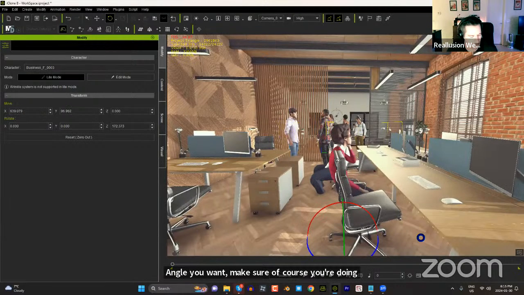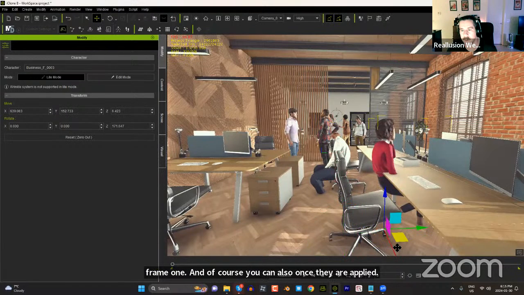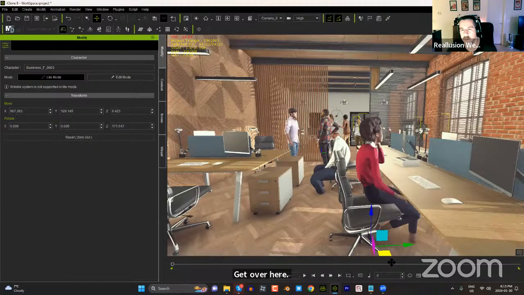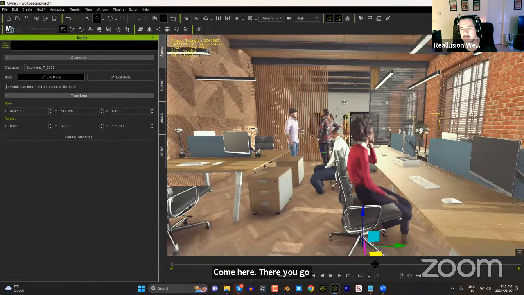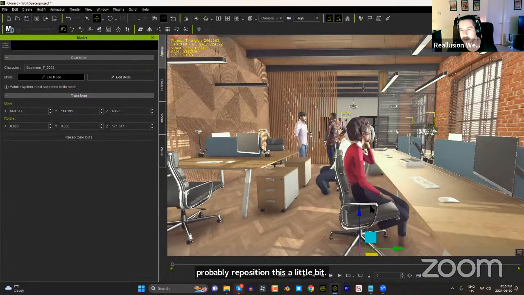And of course, once they are applied, we can probably reposition this a little bit. You can see in this case here, the leg is breaking through the mesh. So again, like I mentioned, just make sure you're at frame 1, because it'll last for the entire